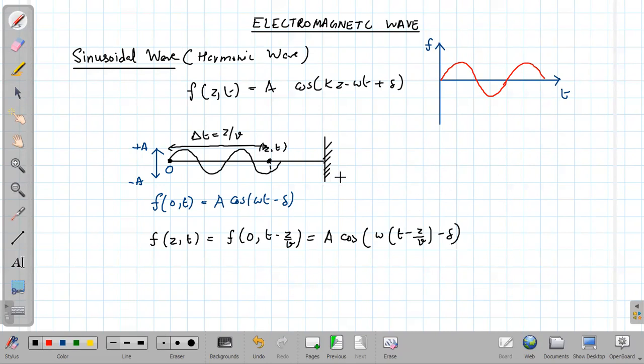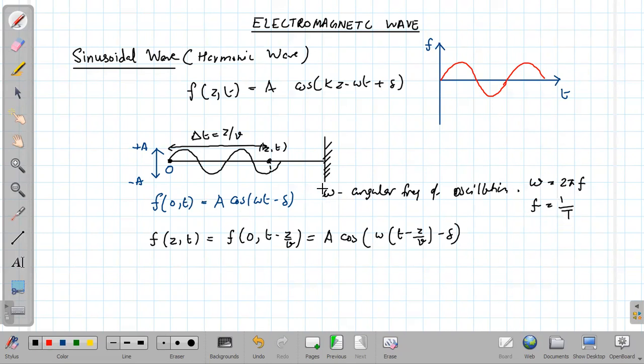Now before going to further discussion, we can just see what omega is. This omega is called the angular frequency of oscillation, and it is equal to 2 pi f, where f is 1 by T. f is called frequency. So omega is 2 pi times the frequency, and frequency is 1 by T.